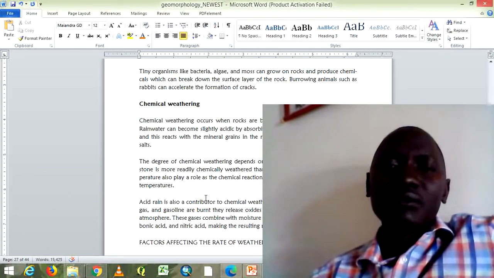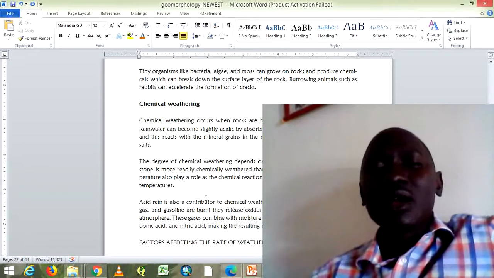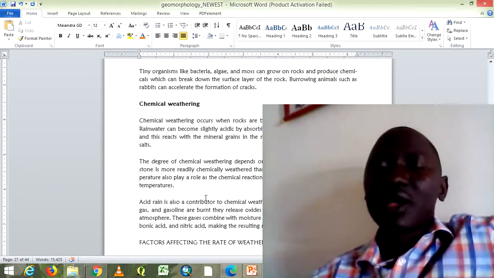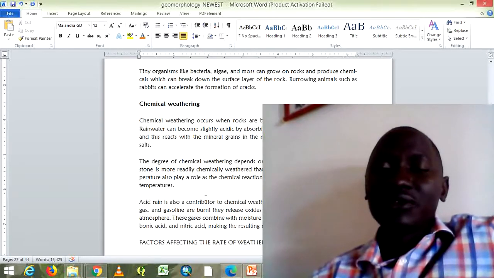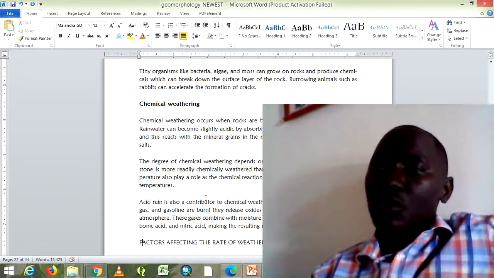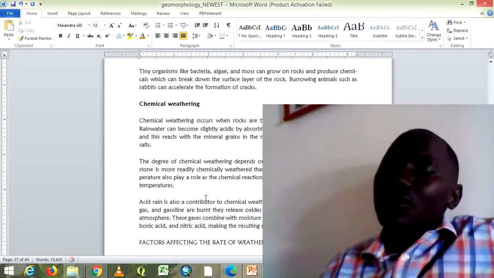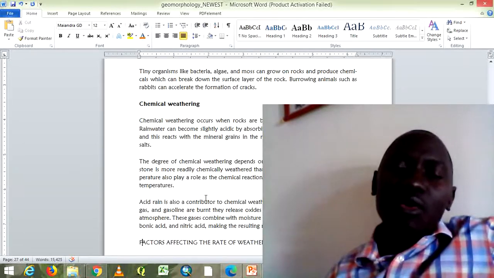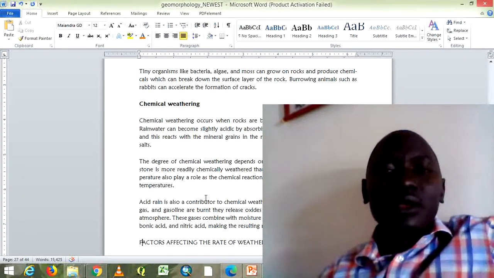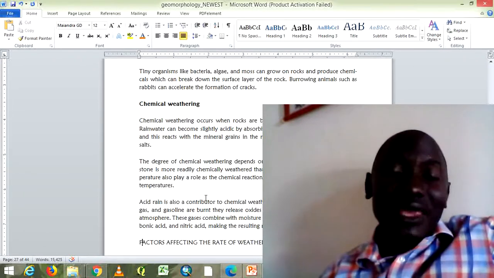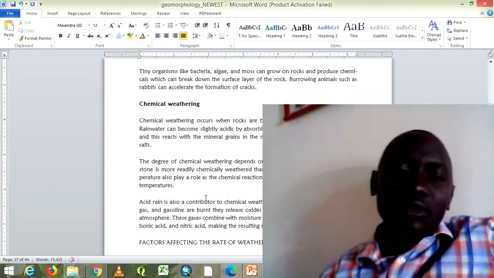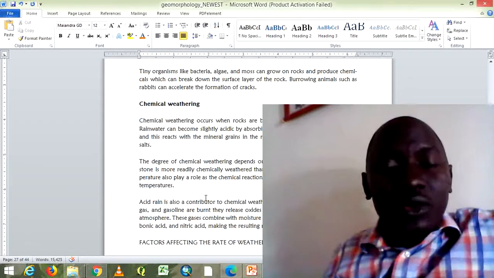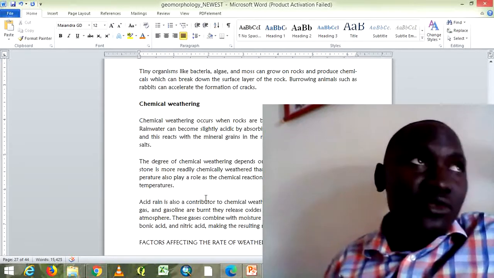If the rock was magnesium-bearing rock, the outcome is going to be something else, probably magnesium something. You know, you guys, you studied chemistry. You know very well if you get oxygen plus hydrogen, you get water. If you get, for example, copper sulfate plus weak carbonic acid, what do you get? If you get calcium carbonate rock plus water, which is rainwater, which is a weak carbonic acid, because rainwater dissolves